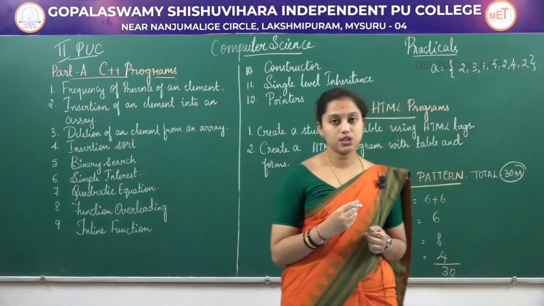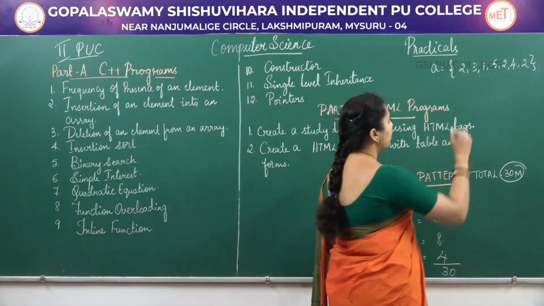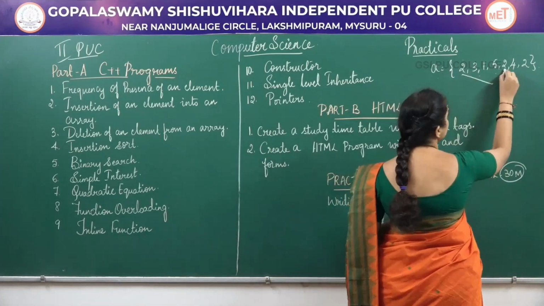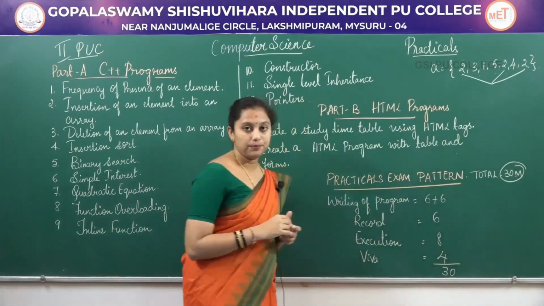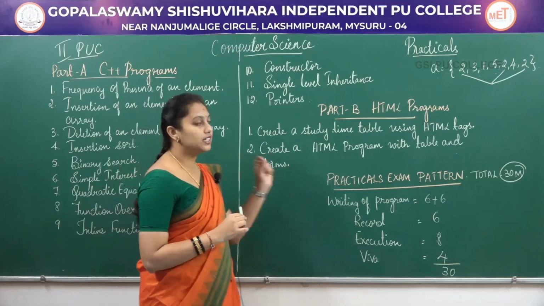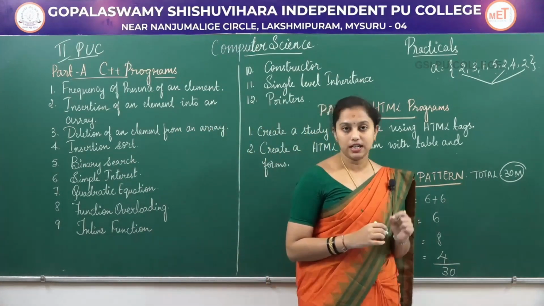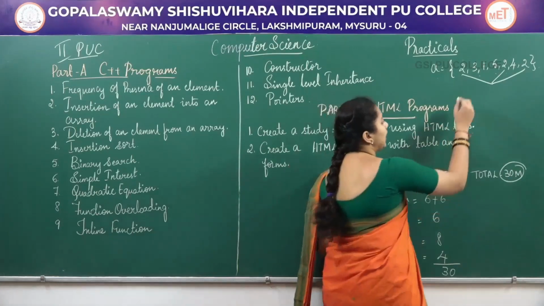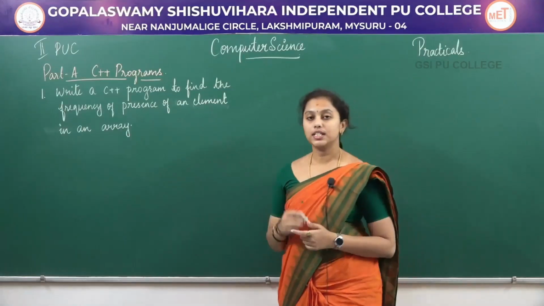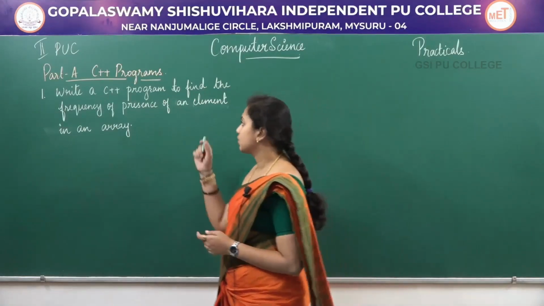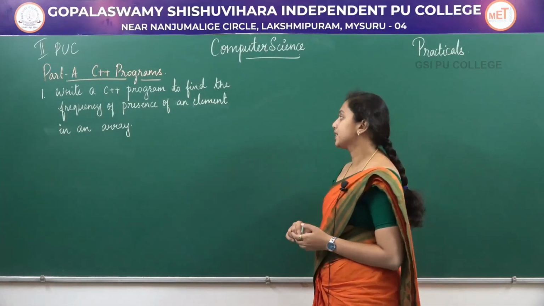By seeing this, what can you come to know? An element called 2 is present 3 times in the array, right? So this is nothing but counting the occurrence of an element in an array. The occurrence of an element 2 is 3. Now let's see the first program, that is write a C++ program to find the frequency of presence of an